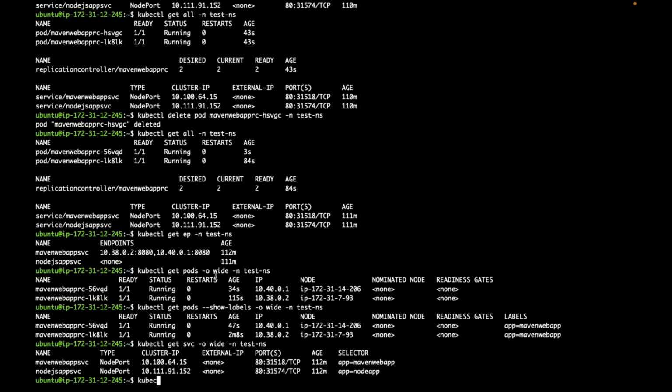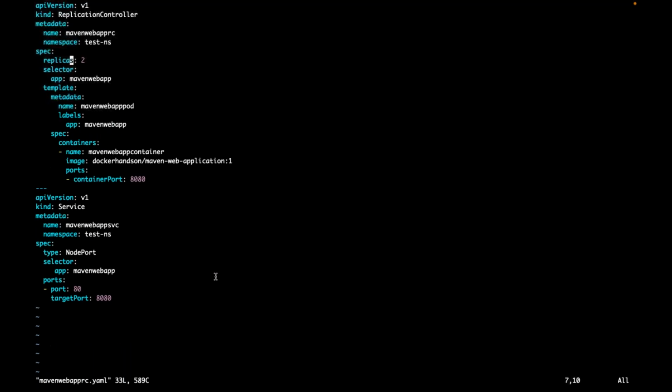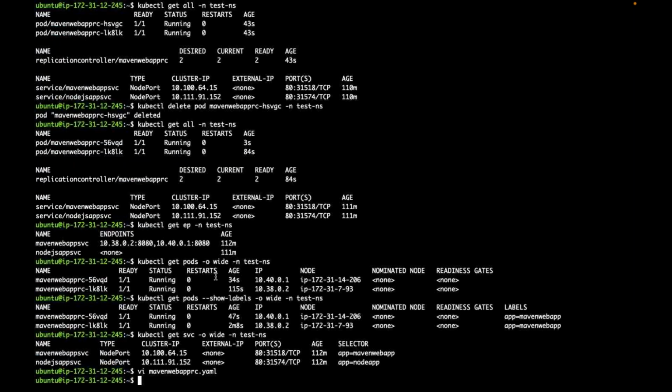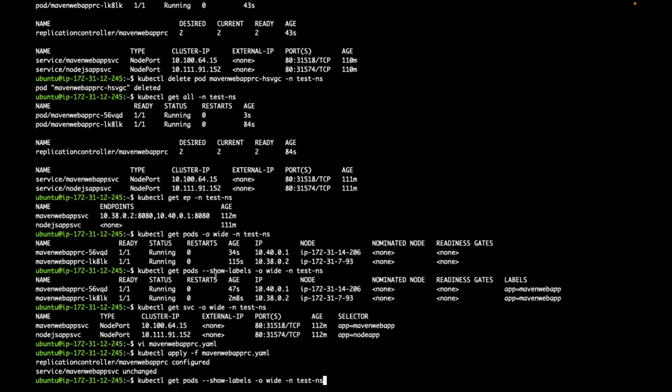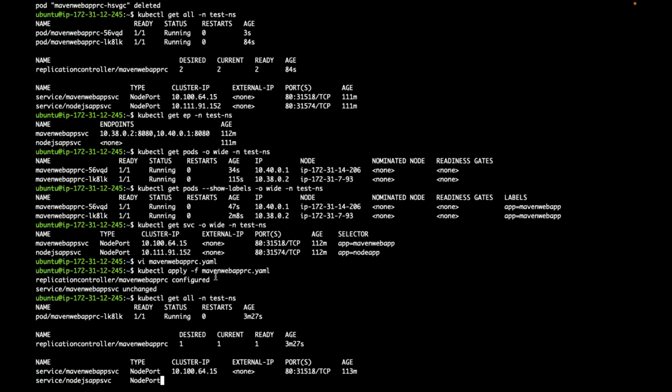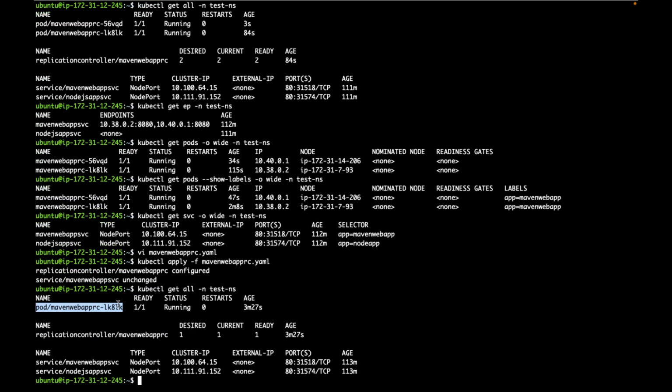If required, can I scale the pods like this manually also? In my manifest, I can change, or imperatively also I can change. In the manifest, can I say replicas as 1 or 2 or 3, 4 like that? I'm making it 1 now. If I am applying again, now instead of 2 replicas, what is the desired replicas now? 1. Now do I have only 1 pod instead of 2 pods?